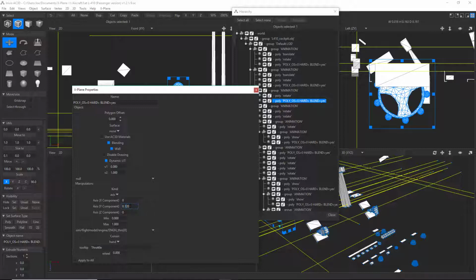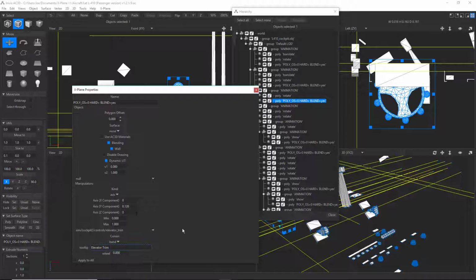0.12 means 0.12 of a meter in the virtual space. So 0.12 of a meter up and down will move that thing from -1 to 1. So it's actually going to move pretty quick when I click and drag it with my mouse. I'm going to change all that to a drag rotate later, but for now we just want to get it working. And I want it to be the elevator trim. I just hit Control V there because I had it copied from before. The cursor, I'll leave it as a hand, and I'm going to make sure I call this elevator trim just to keep things clean and neat